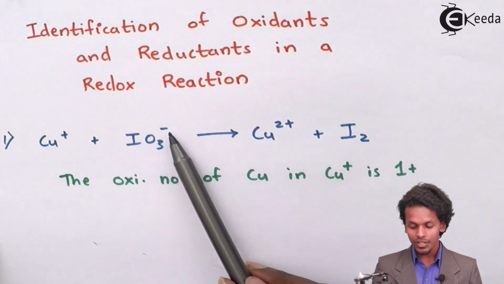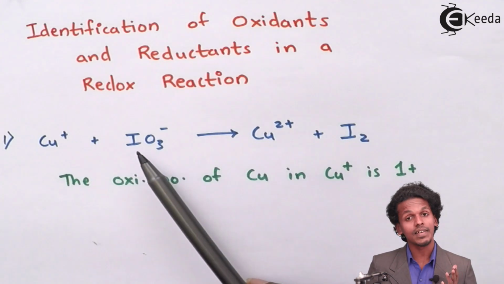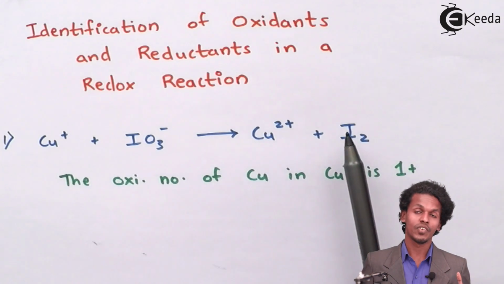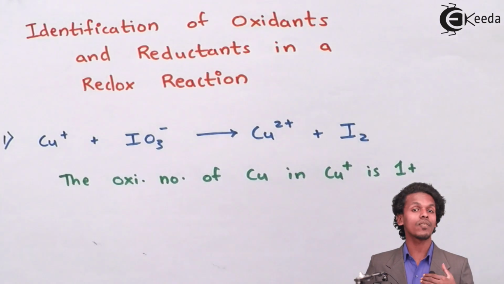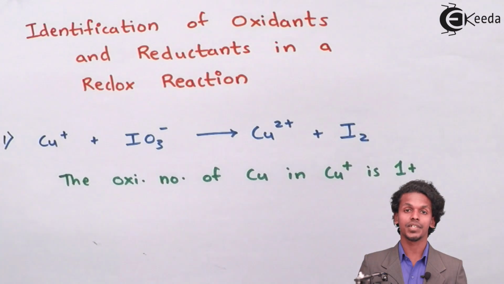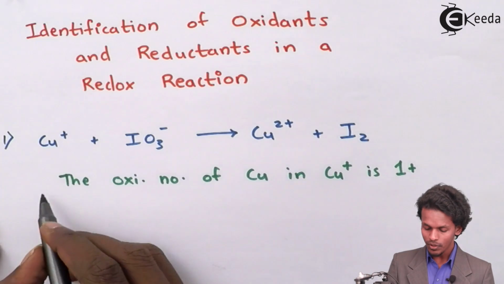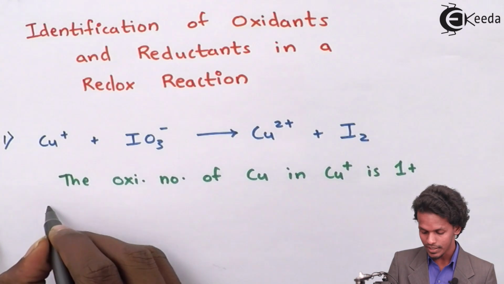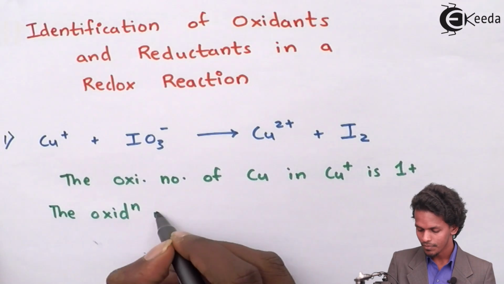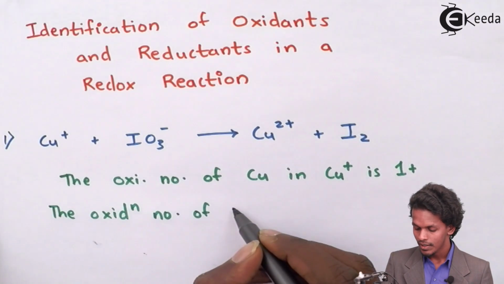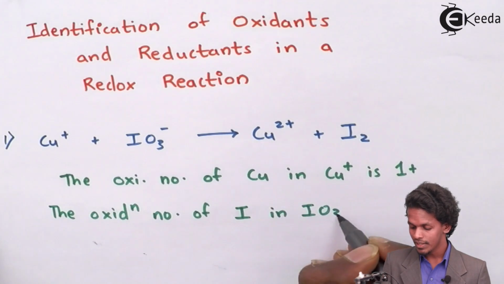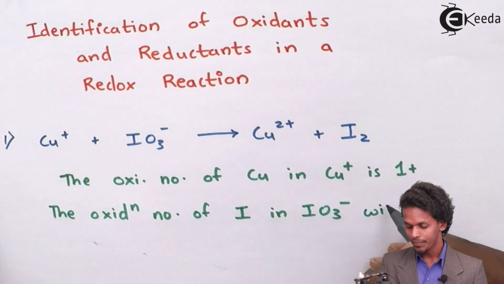In case of IO3- on the reactant side, the product is I2, which means we have to calculate the oxidation number of I in this case to determine whether the reaction is oxidation or reduction. So the oxidation number of I in IO3- will be